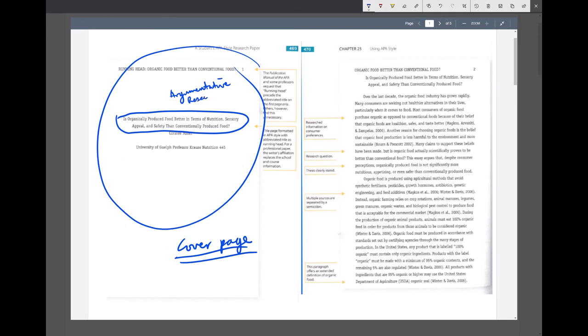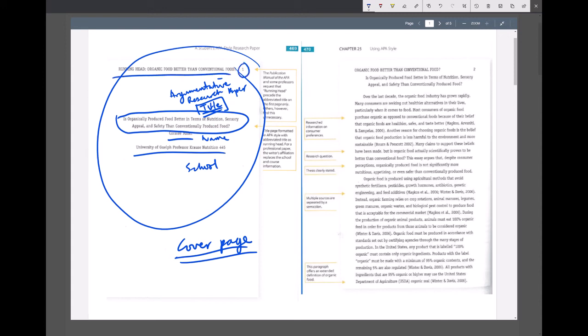You don't have to tell me it's an argumentative research paper. Just tell me what the paper is about. So just focus on writing the title. And everything else is the same. Your name. And then the school. Don't forget the running head and the page number.